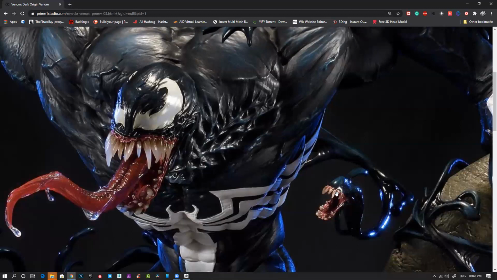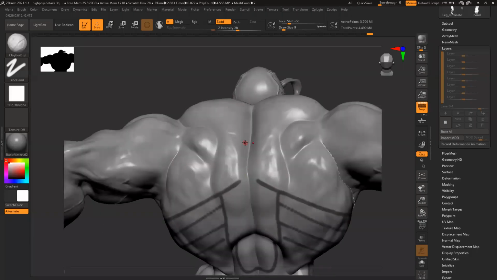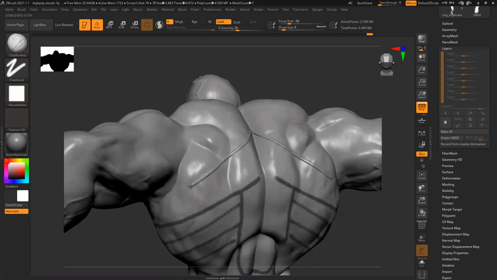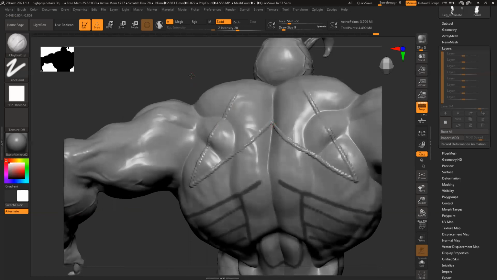How do you make straight lines? That is something you can do. Suppose you want to create something: click, press Shift and drag without releasing your mouse or your tablet pen. Then release your Shift. It will create a straight line from wherever you clicked in whichever direction you moved. Without releasing your mouse or pen, release Shift, and it will create that line. You can do a perfect straight line very easily without any error.